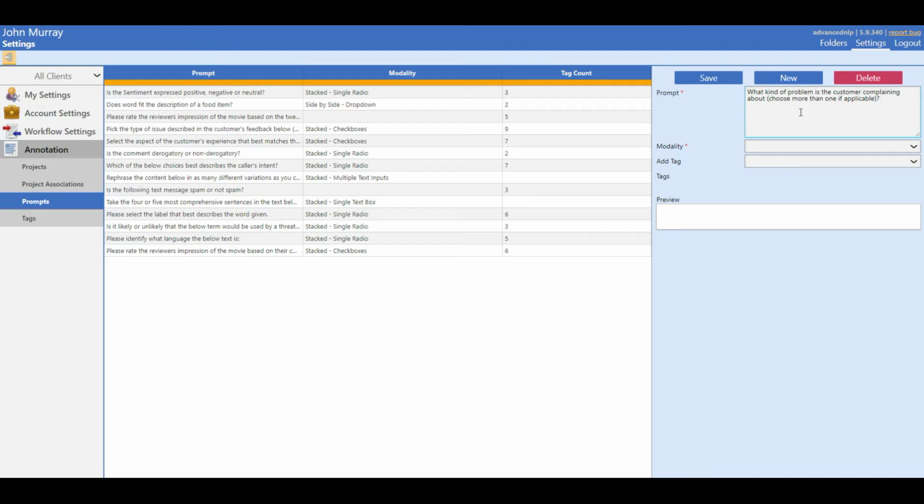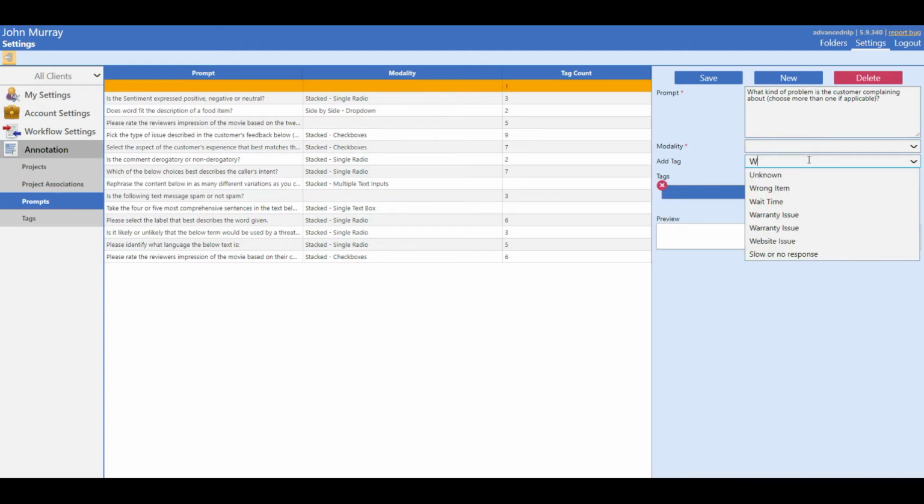So my tag dropdown takes me into my tag library where I can see all of the tags that we've used in previous projects that are available for me to pick from while creating this project. So let me go ahead and add them one by one, and let's see how many we have from previous projects. So the client asked for the following 8 items to be included: missing item, wrong item,